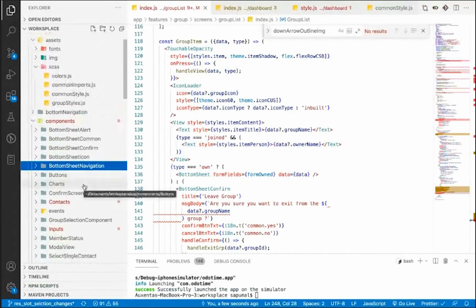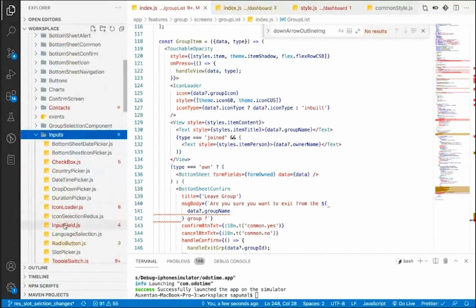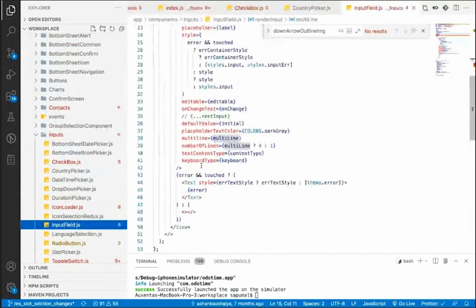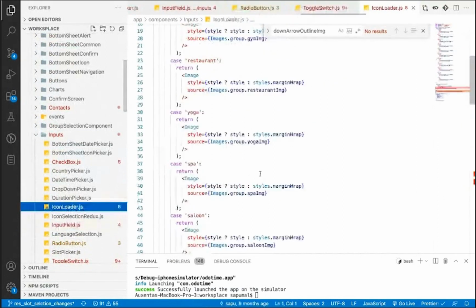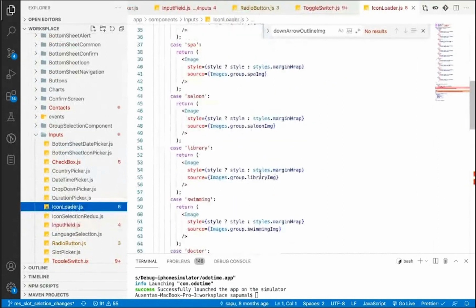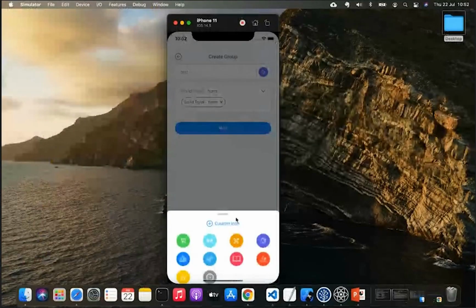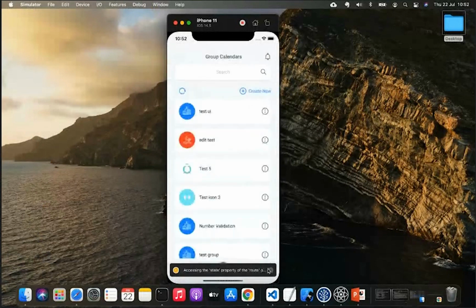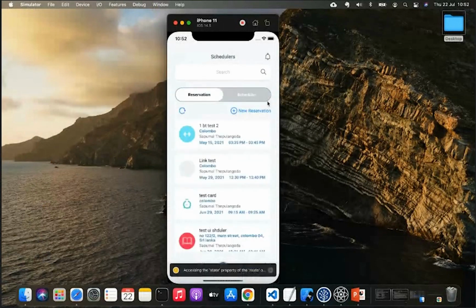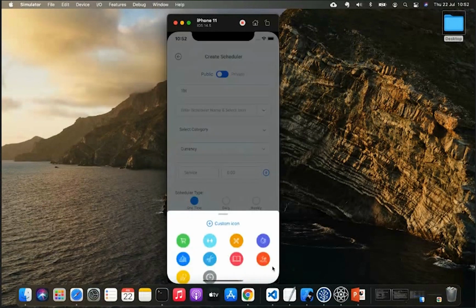So if I show you that code segment inside the application, it will be the input field, and you can define the input field and what it looks like, as well as icon loaders. Here will be the icon loader. Here also I have used the icon loaders, and if you go to create new scheduler, here again I have used the same reusable component.